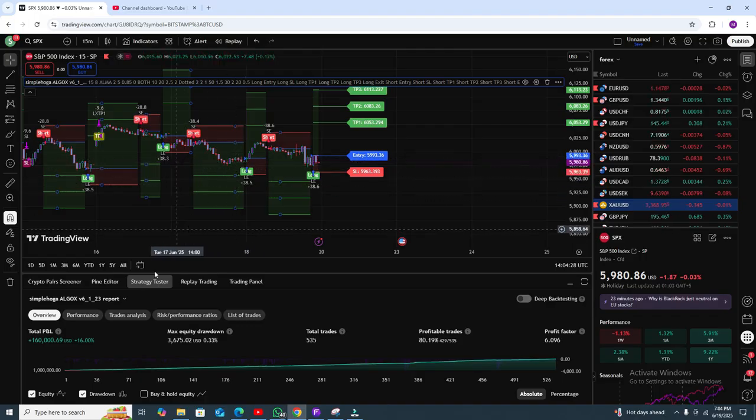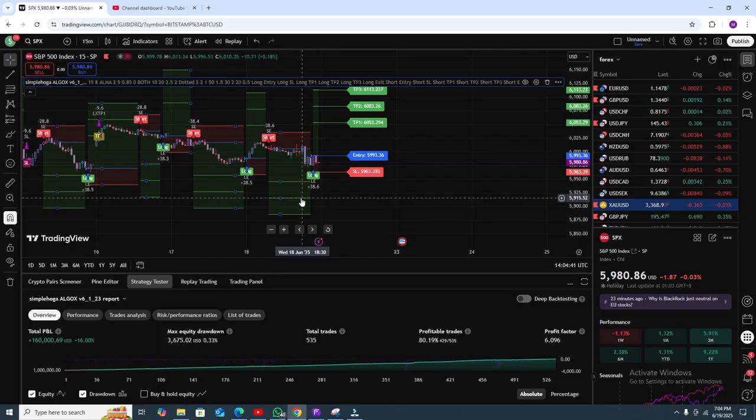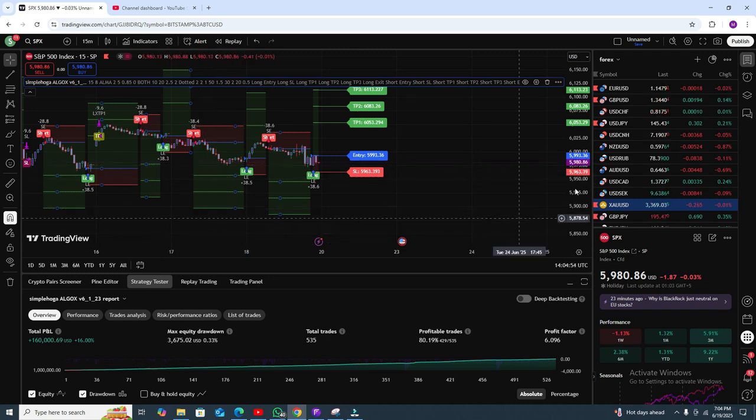Now the most important point, you can auto trade. If you are trading in crypto, you can connect your Binance, Bybit, whatever crypto exchange you are using, and it will automatically go into trades.